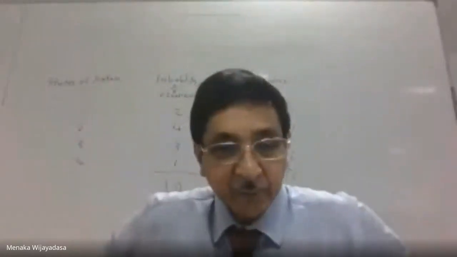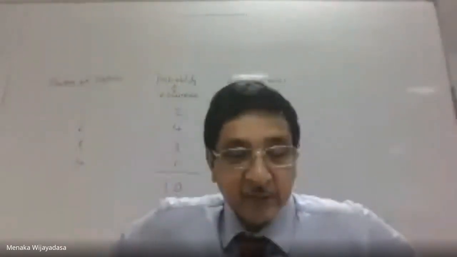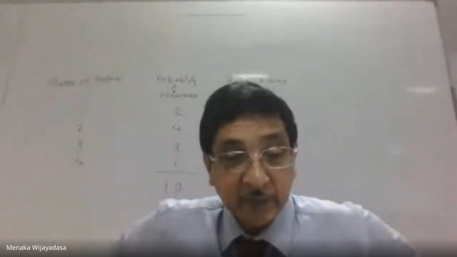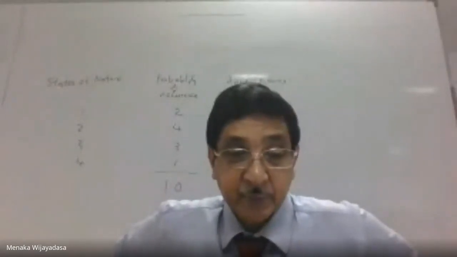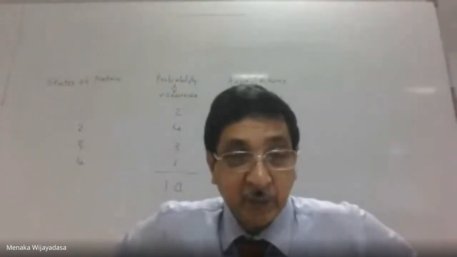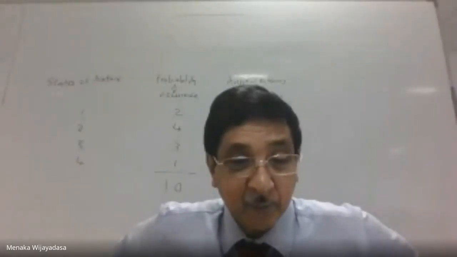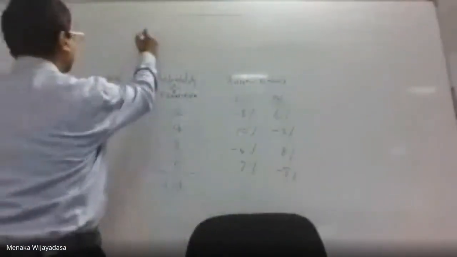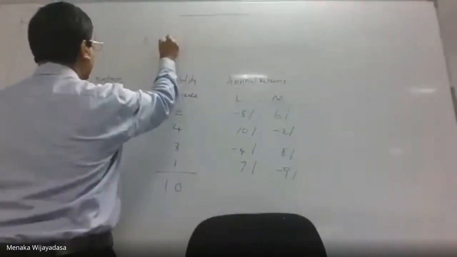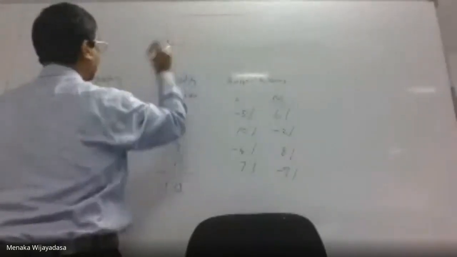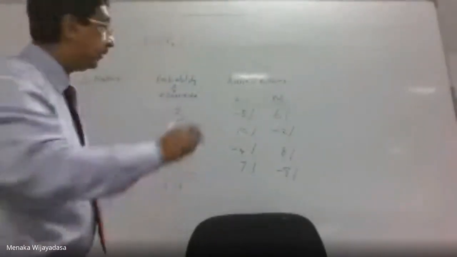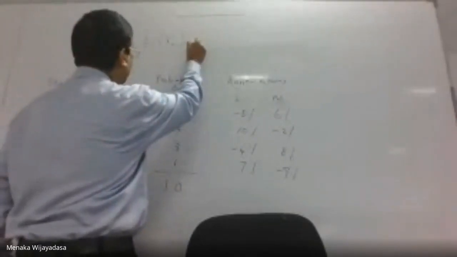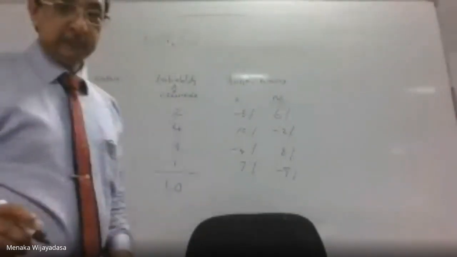We are in the process of calculating the covariance of returns between L and M. So in order to do that, first we need to calculate the expected rate of return of L. And it is symbolized in this form: ERL. ERL is equal to,